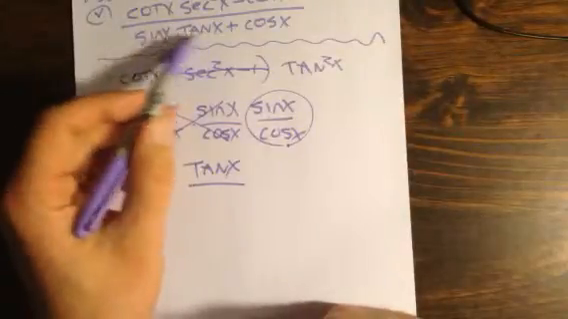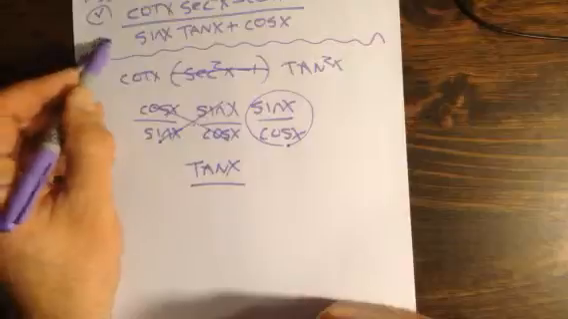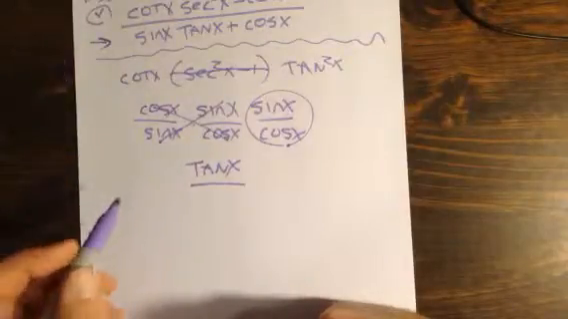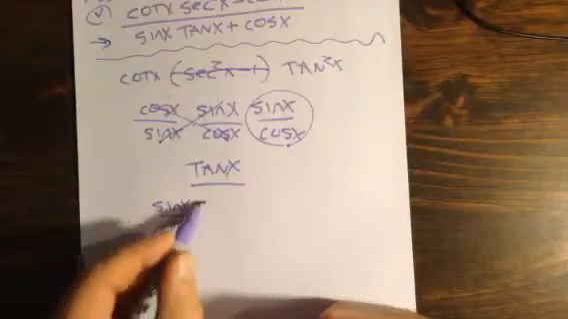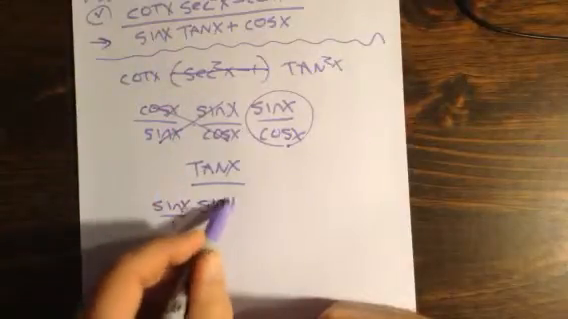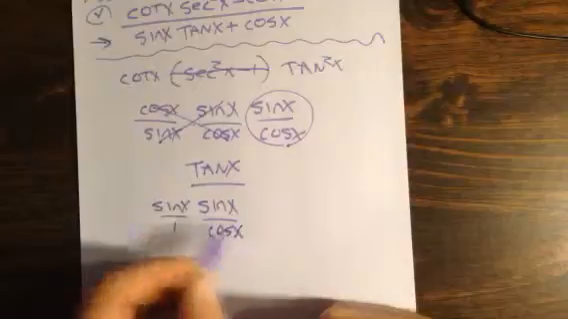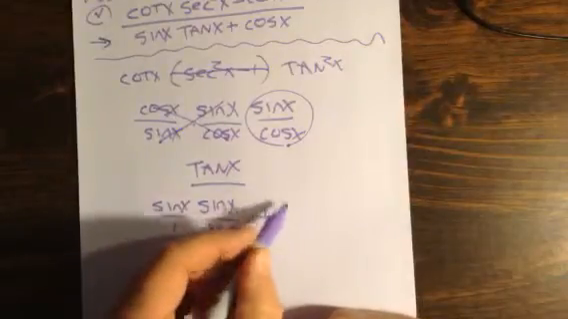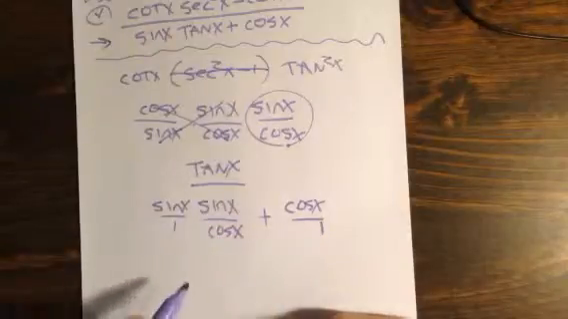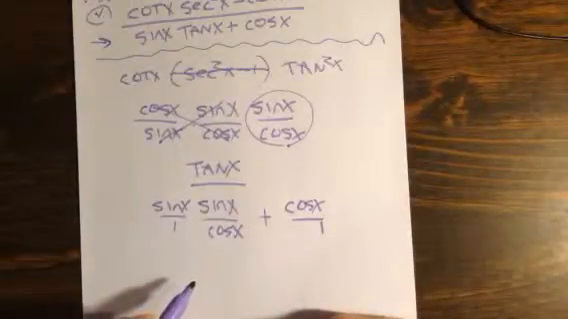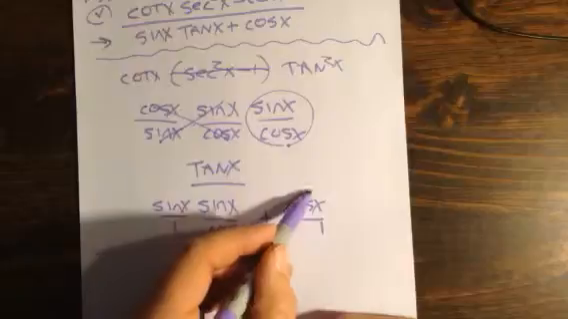I look at this for a second and I say, well, I'm doing this right now, right? I'm going to write that as sine of x over 1. Tan is going to be sine over cosine, right? And I'm going to write cosine of x over 1. Well, I definitely want a common denominator. I think I want to make it cosine. So if I go like this,